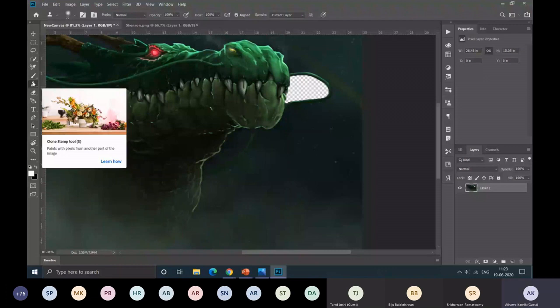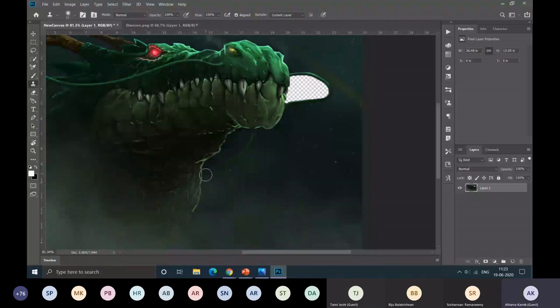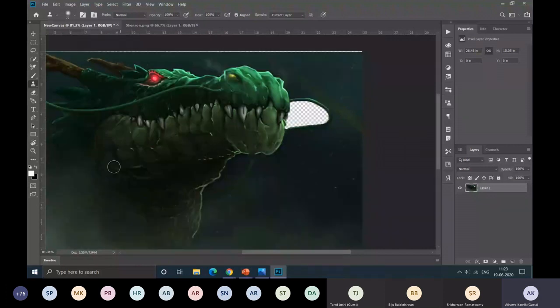Select clone stamp tool, and you have to select the reference point first. To select the reference point, you just hold the Alt key. See, the cursor has changed. So suppose we place the reference point here. And now when I try to paint something here with this brush, you can see that the area surrounded by the reference point is getting recreated here. And you can also see the reference point moving like this. You can see that dragon is getting recreated. So it is very widely used tool.